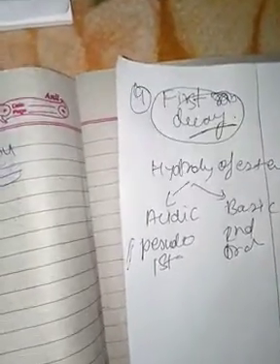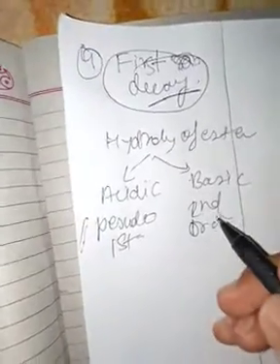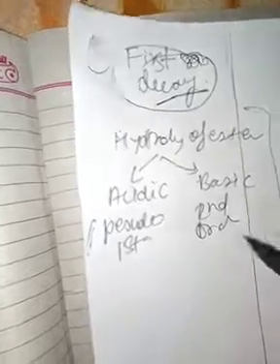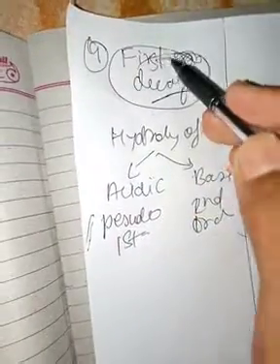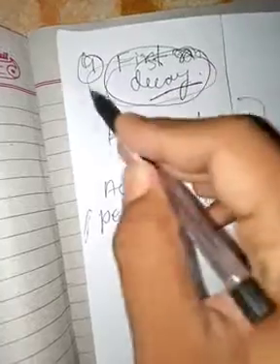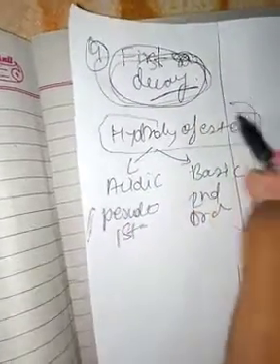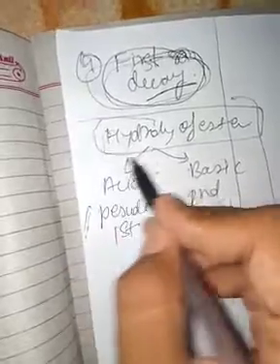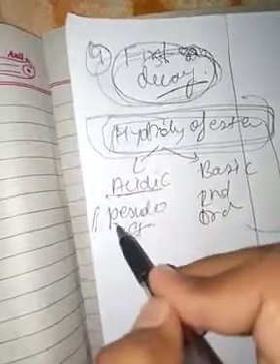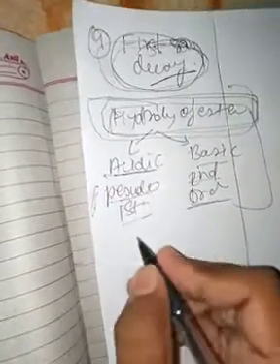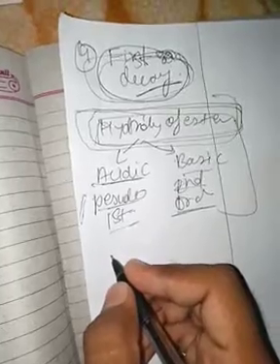Again I am revising: mostly radioactive decays are first order reactions, but we have a special case, that is hydrolysis of ester. Hydrolysis of ester depends on the medium: in acidic medium it is a pseudo first order reaction, and in basic medium it is a second order reaction. It was a special case and was all about examples.